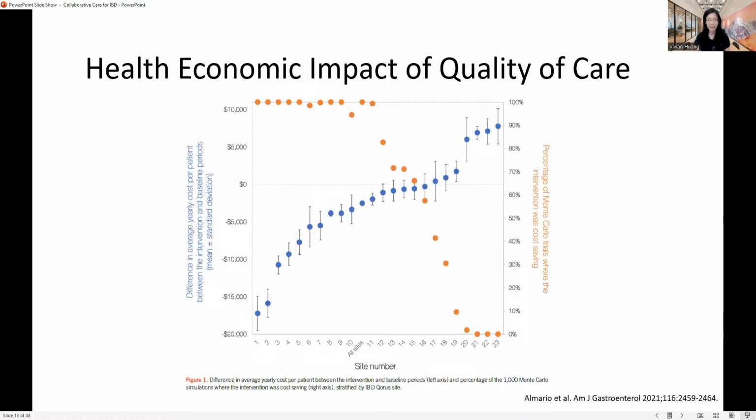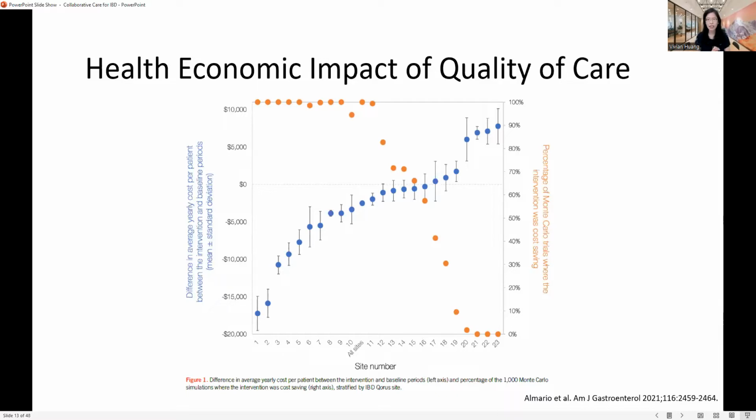So the way you read this graph, on the blue, the left is the difference in the average yearly cost per patient between intervention and baseline. So below the $0 is savings. So all these sites from 1 to 16, you can see the orange is at the top, whereas the blue is at the bottom. So that's good. So these 16 sites, they saved costs through all those different methods of trying to improve quality